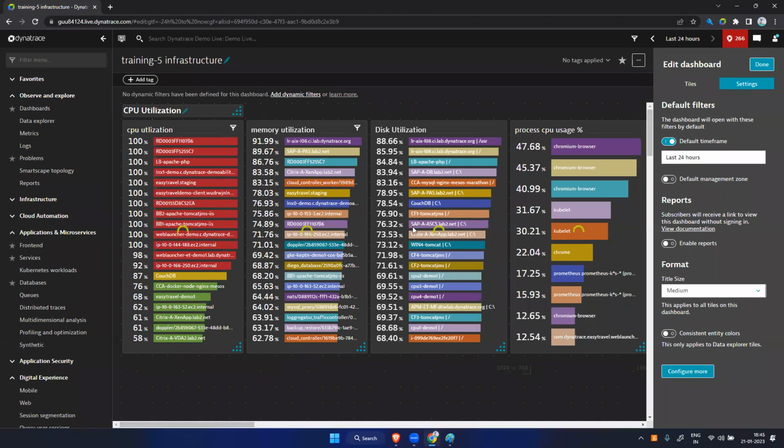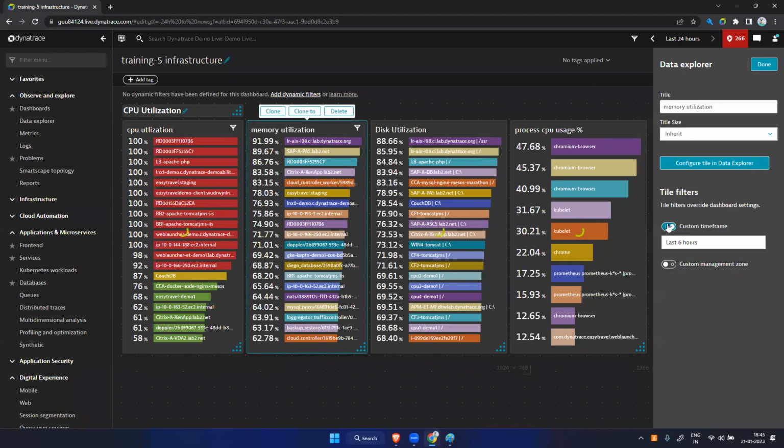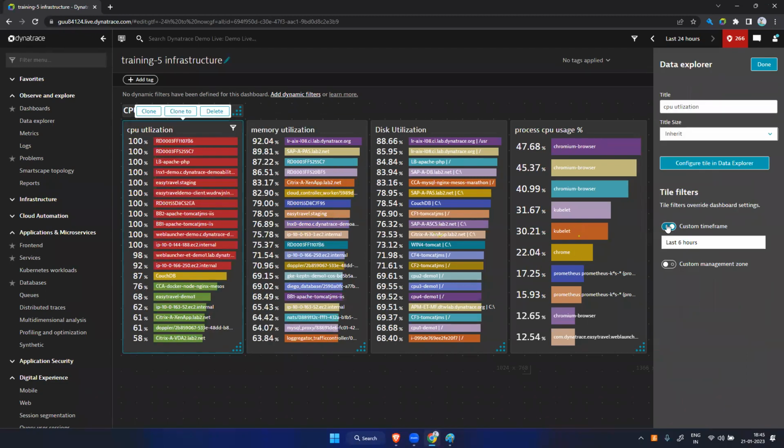No doubt regarding creating the dashboard and tiles. But I just want to know, like you said, regarding the license. Now you see I have disabled this management zone. Time frame also disabled. And this I have disabled. So everything is disabled now. Now if you go to your settings page,